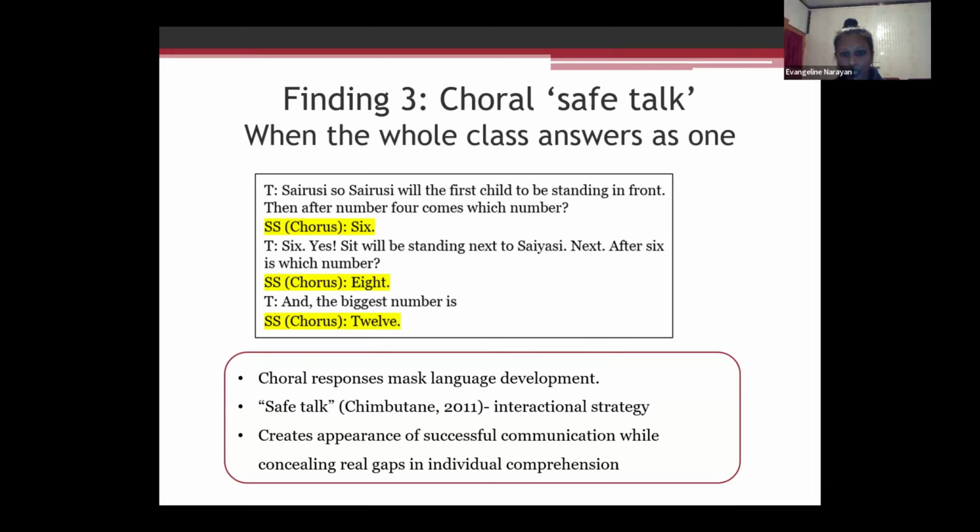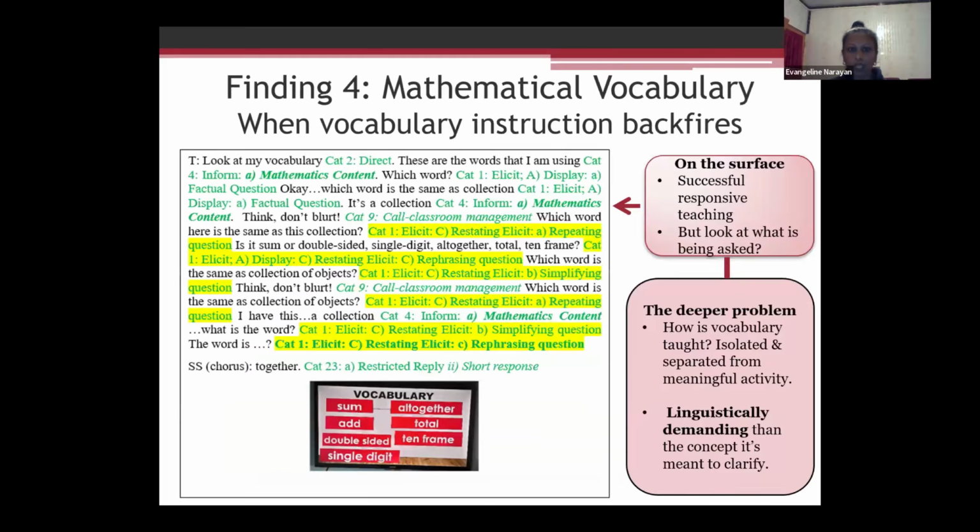And if we were just observing the lesson, we would say language learning is taking place. The teachers are asking the questions, the students are responding. But if you look at this example in terms of language development or mathematical language development, this is well masked, I would say. Now, let me draw your attention to mathematical vocabulary and particularly focus on when mathematical instruction backfired